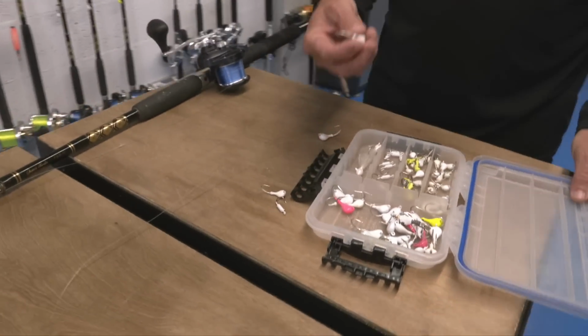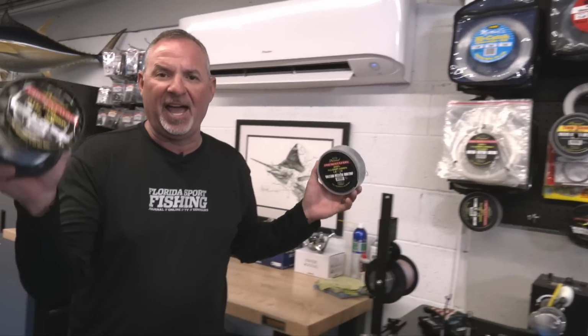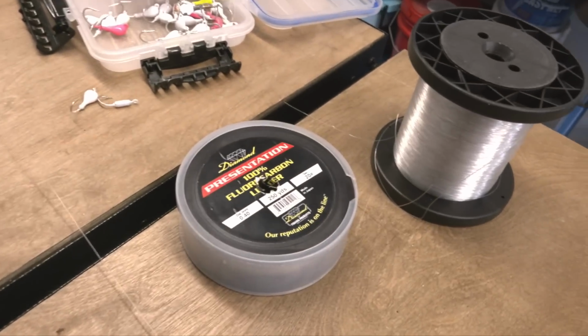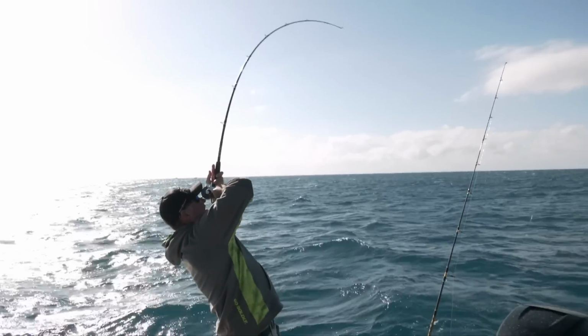And of course you just have to know when to fish each jig head. It's the same with leader. You don't need a lot of stuff, you just need the right stuff. Diamond presentation, 30-pound fluorocarbon. Diamond presentation, 20-pound fluorocarbon. I've got 15-pound on the boat. I've got a spool of 40-pound that I'm bringing as well. With my tray of jig heads and my spools of Diamond presentation fluoro, I'm ready for everything that I'm going